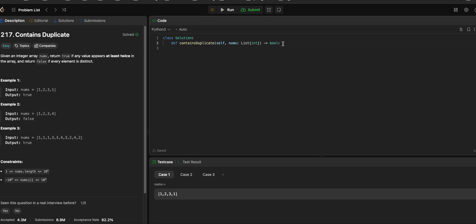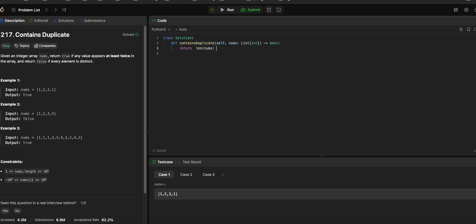The easiest way, right? With sets, if you have a whole list of numbers, you can find only the unique numbers out of them. You can use sets. But in Python, the easiest way to do it is to compare the length of the numbers, right? So you do length of